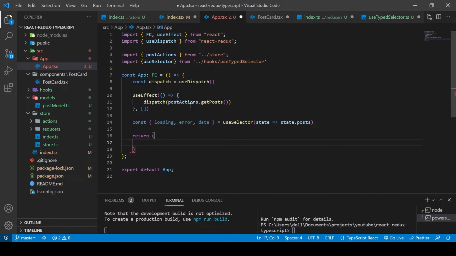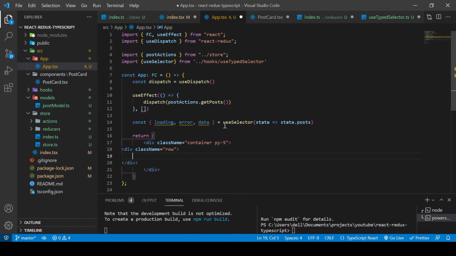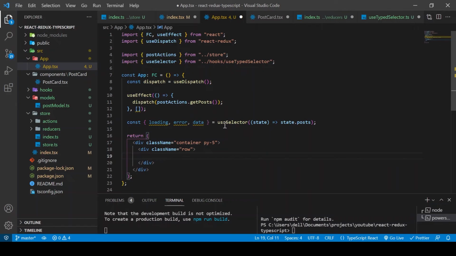So now in our app component, we are going to be using our post component. In order to render our post, we are going to have a div. We are going to give it a class name of container, and then let's just give it padding by saying py-5. And we are going to have another div with a class name of row. And inside the div, we are going to say if we are loading, then